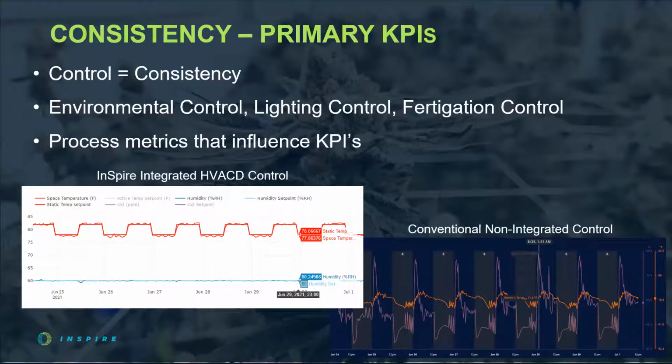Now, not all grow rooms are able to achieve control and consistency. It takes investing in the right technology, as we've said. Just look at the two trend graphs here. The one on the left shows data from our integrated system with no more than a 2-degree deviation from temperature set point and 2% from relative humidity set point. Even during the lights on to off transitions,